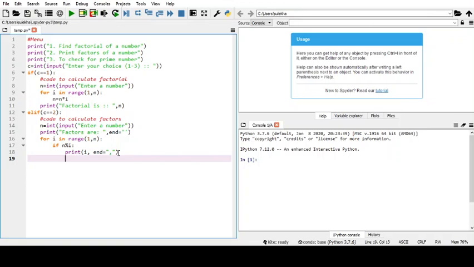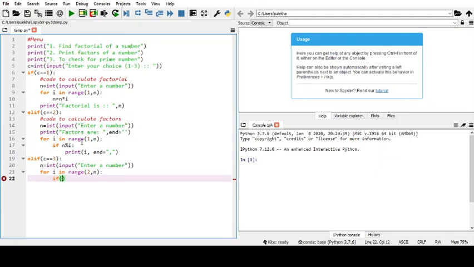Now if C is equal to 3, then I need to write down the code to check whether a number is prime or not. This I am taking from here, so I'll start checking by 2.